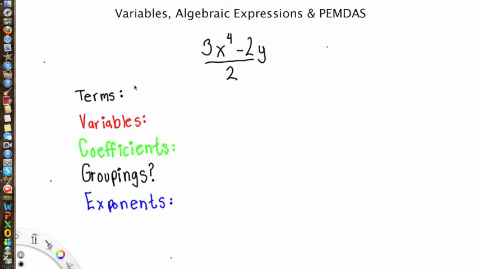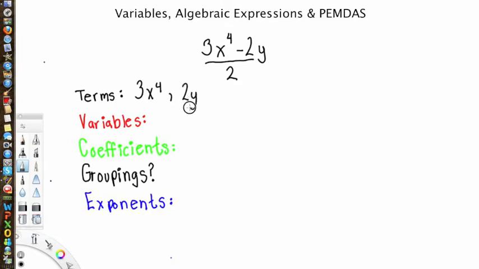And speaking of terms, we need to get some vocabulary out of the way. When we look at this expression here, we have two terms that come at us at first. We have 3x to the fourth power, which is right here, and then we also have another term, which is 2y. And a term in an algebraic expression is any number or variable or combination of variables and numbers